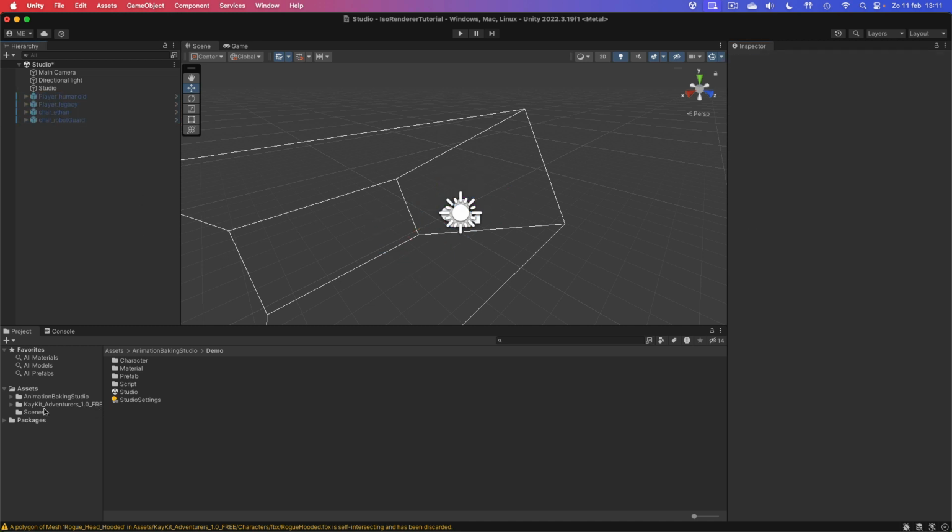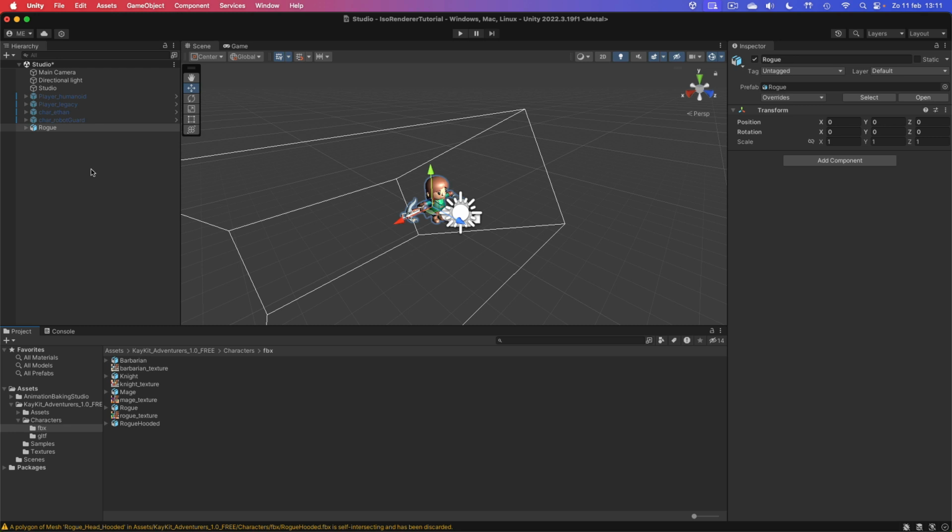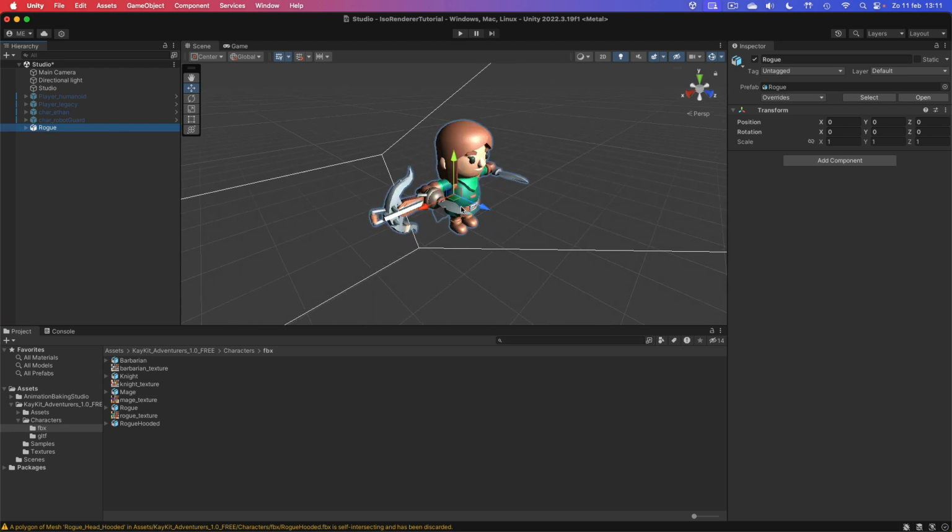So what it'll do is it has these models already in here, and we can hide them if you want. But what we really need to do is we go to the Kay kit, we take the characters, the FBX version, and we take our rogue and drag it into the scene. So our rogue is now here, and it should be at 0, 0, 0 position. Shouldn't have any rotation, etc. But you can see it has a lot of different weapons now. I want the rogue to use a crossbow, so what I'll do is I'll